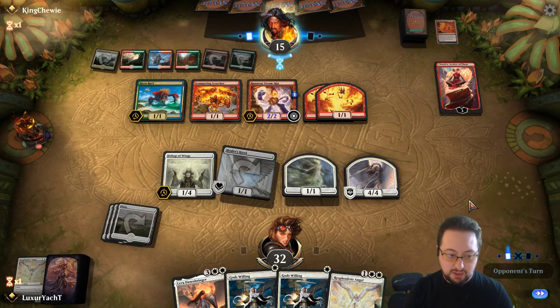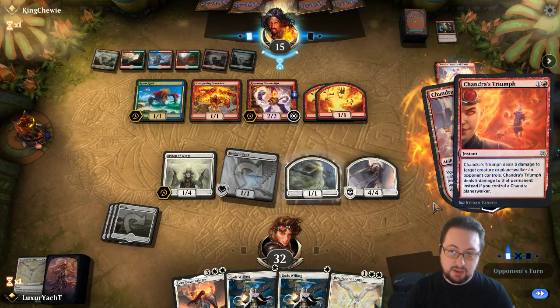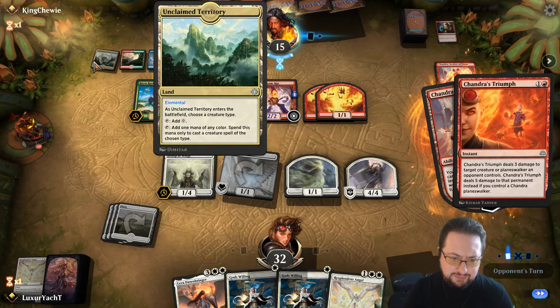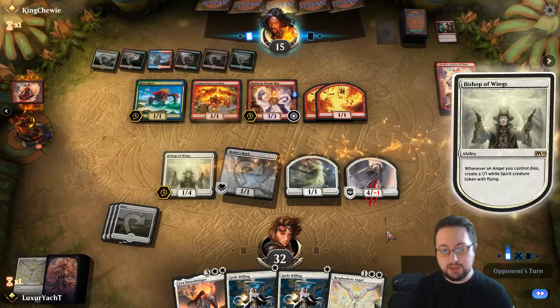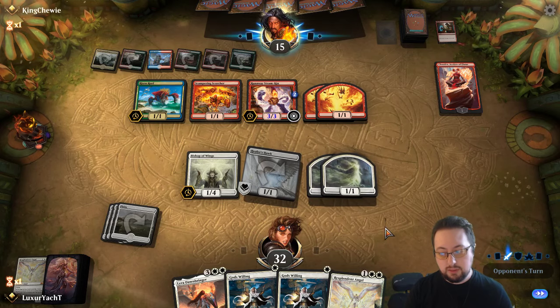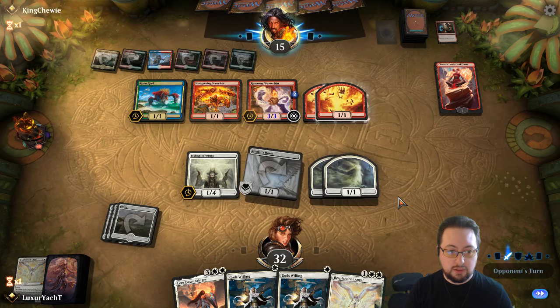The unclaimed territory is not a bad idea. I actually might want to consider putting some Unclaimed Territory in there, because it doesn't come into play tapped, does it? No, okay. Yeah, I could be using Unclaimed Territory instead of some of the other cards I have in there. The Shocklands, for instance. I don't need to have the Shocklands in there if I have the